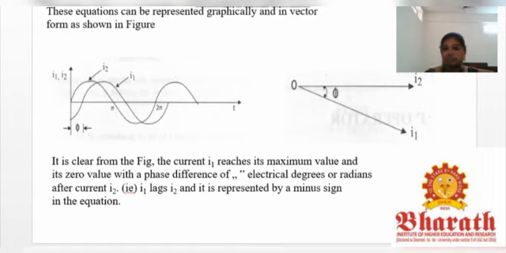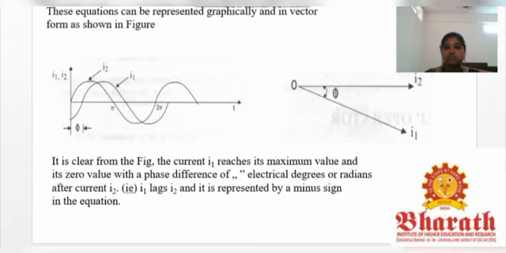In the same way, this is your phasor representation. We are going to take current I2 as the reference current, so I have drawn I2 as a straight reference line. By phase angle phi, I1 is going to lag. A negative angle means it is lagging, so you have to draw this phasor below your reference line. So I have drawn this below as I1.